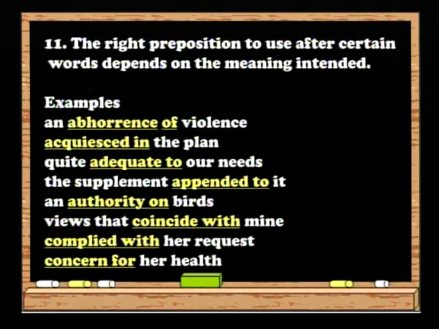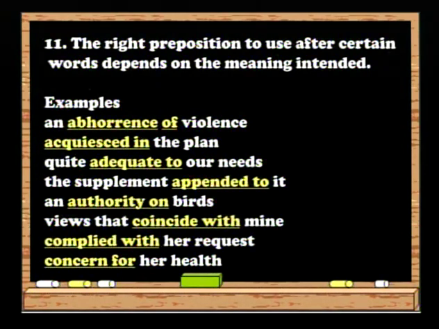The right preposition to use after certain words depends on the meaning intended. Examples: an abhorrence of violence, acquiesced in the plan, quite adequate to our needs, the supplement appended to it, an authority on birds, views that coincide with mine,